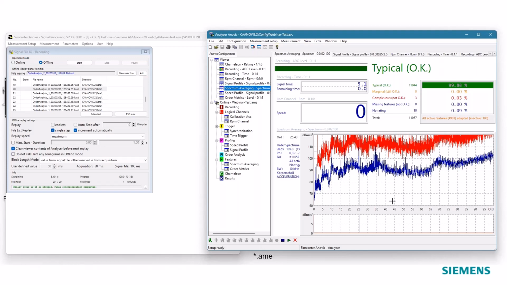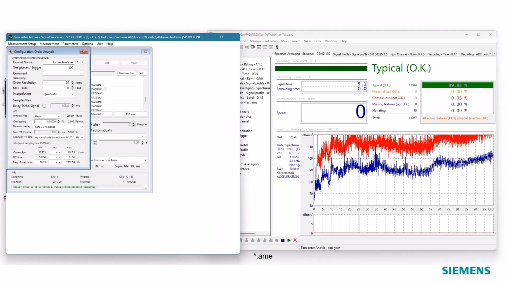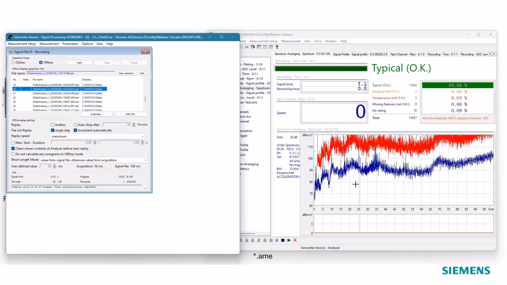We had this also in the past. If you look at this order spectrum, let's have a look. I do not have this in mind, but if I look at the order analysis, this line consists of roughly 8,000 single values. And if you set metrics for the known gear defects, bearing defects, whatever you want, then you only pick out a bunch of order lines. So at the end, only a few percent of the complete signal is assessed by typical metrics. And there's a high risk that something happens with the item that we do not know in advance, and that will not be shown in the points of the curve where we look. Therefore, Chameleon helps us to find also things that we do not have on the radar.